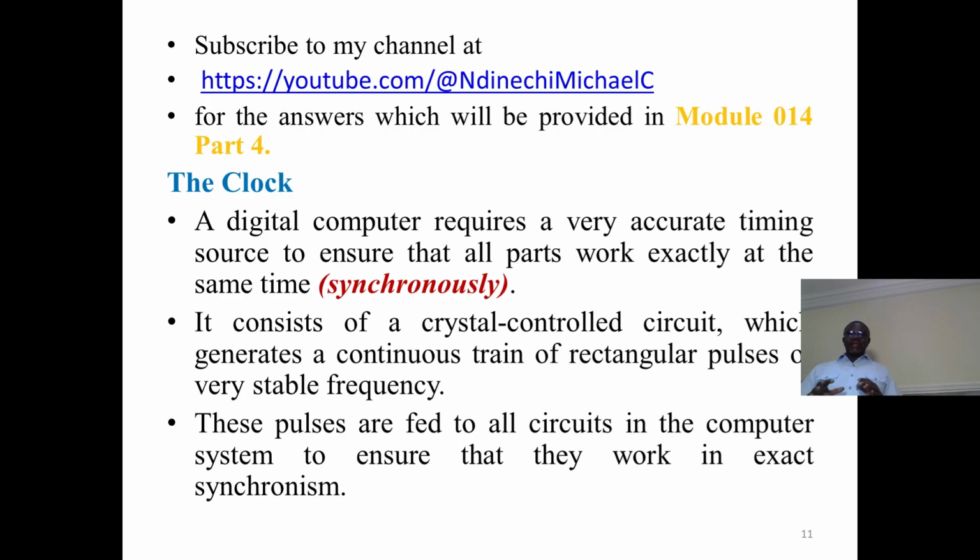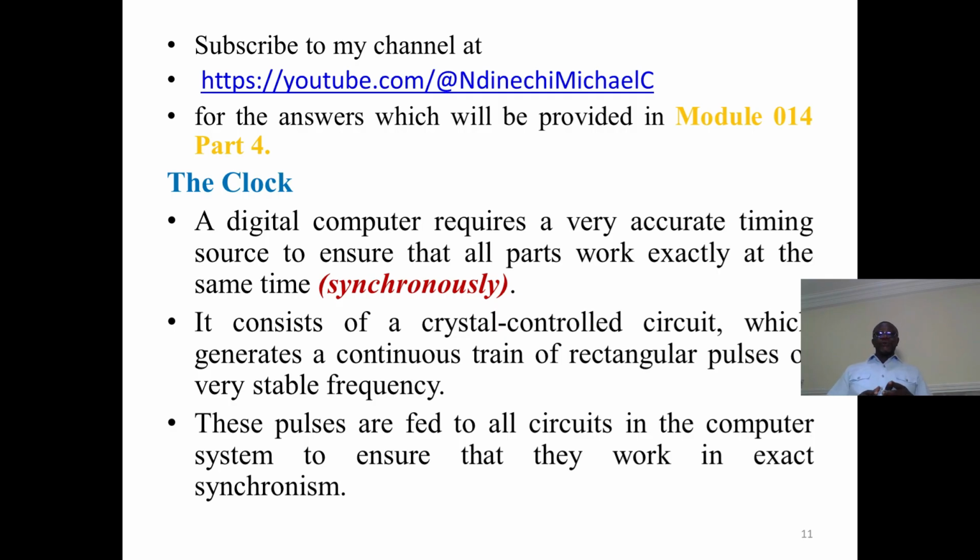The last thing in the component of a computer, which we have not treated in the hardware section, is the clock. We say that a digital computer requires a very accurate timing to ensure that all parts work exactly at the same time